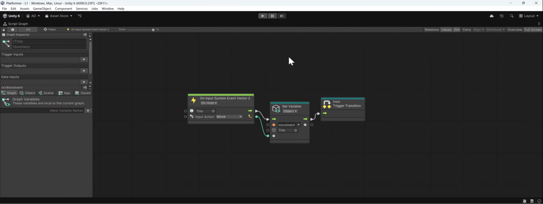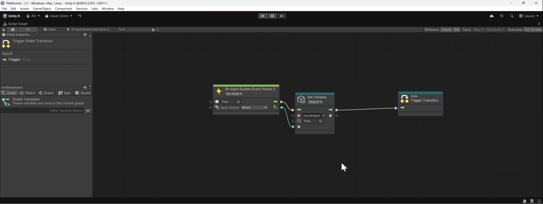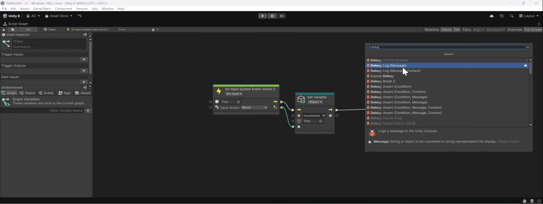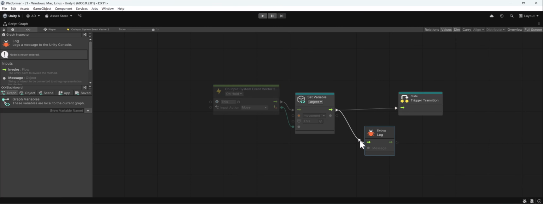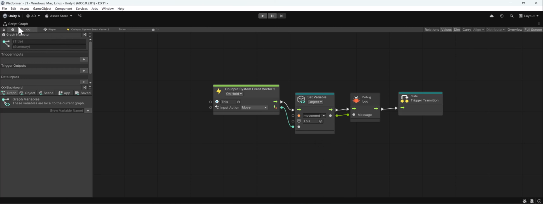I'm going to double click my script graph here so we could just zoom in on this section. Remember, you can hold control and scroll your wheel to zoom. All right, so let's go ahead and log this movement so that we can see our actual WASD keys inside of our console. So I'm just going to control right click, and I'm just going to type in debug. And here's my debug.log message. I'm going to link this up, and I'm going to grab my message here. I'm just going to link it inside of here. And what this is going to do, once I save that,